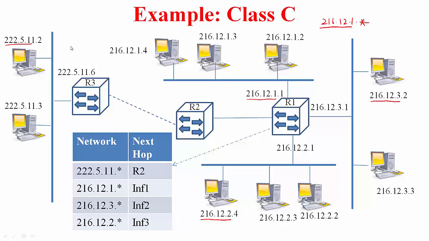Now if you look at the routing entries corresponding to R1, it is not maintaining individual host entries. All the hosts are represented by one single entry, which says that if the first 3 bytes of an incoming packet correspond to this value, send it out on interface 1. Similarly, if the first 3 bytes of an incoming packet correspond to this, send it out on interface 2, and similarly for interface 3. Now if the first 3 bytes correspond to this one, which is somewhere away, it has to route it in that particular direction.